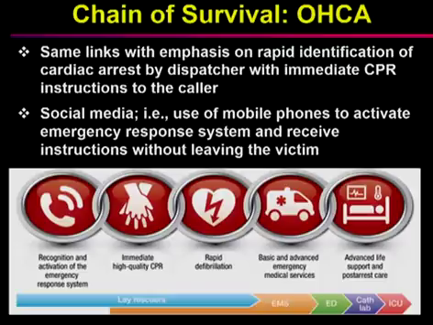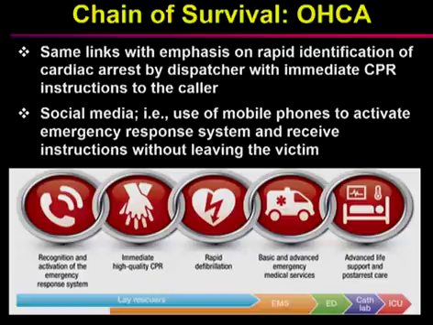Now, because 25-30% of the victims will have VF, the most effective treatment is to deliver an electrical shock. So early defibrillation is essential, and that's the reason why today we have AEDs, automatic external defibrillators, in places where you expect to see an aggregate of people, in the airport, airplanes, and so forth. So early defibrillation by the first responder is essential.